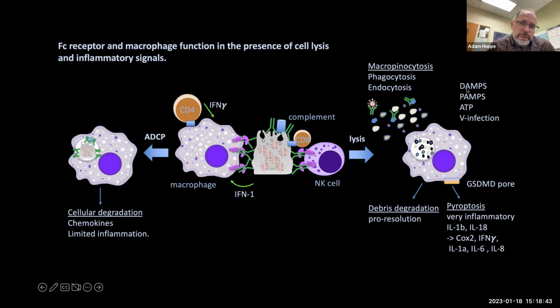And that lytic debris can include all kinds of things like damage-associated molecular patterns, pathogen-associated molecular patterns, and ATP, which can then potently stimulate macrophages into a very inflammatory phenotype, and potentially drive pyroptosis, which is a very specialized form of cell death, in which certain pores, the gasdermin D pore, can assemble on a macrophage and allow maturation and export of IL-1 beta, IL-18, COX-2, very potent inflammatory